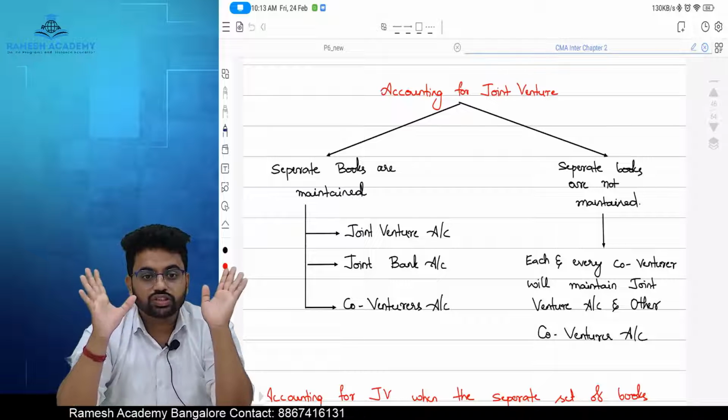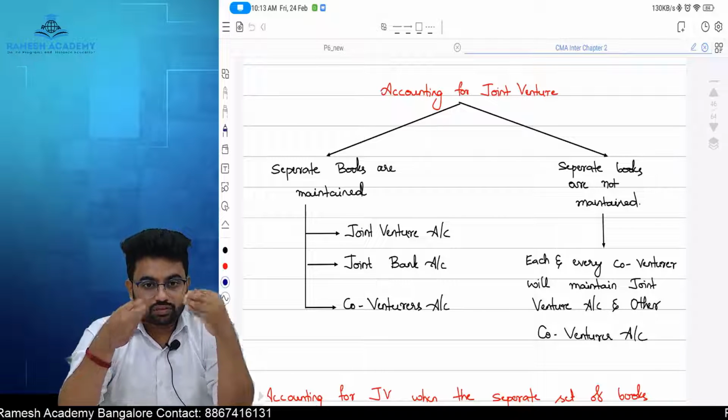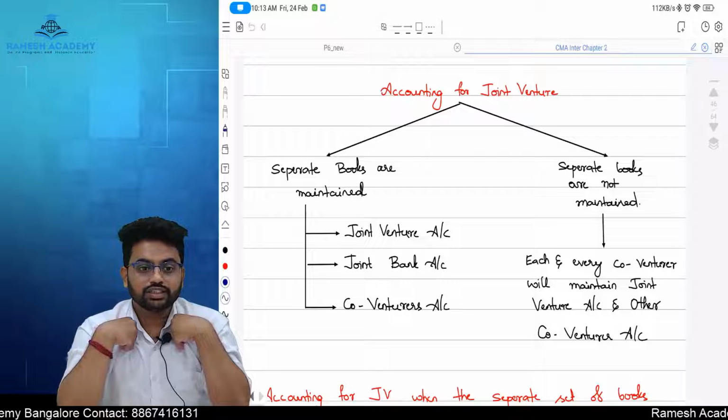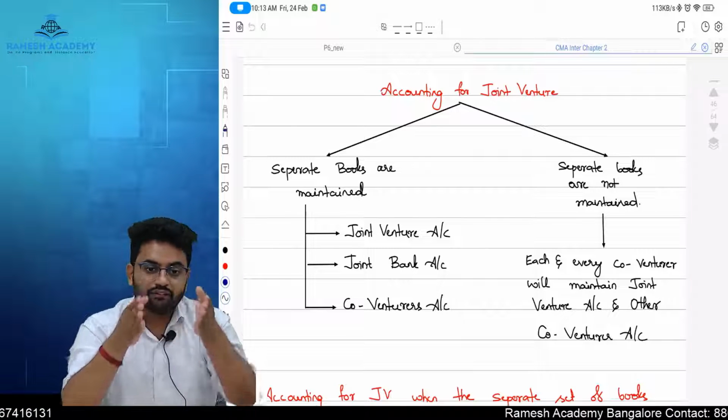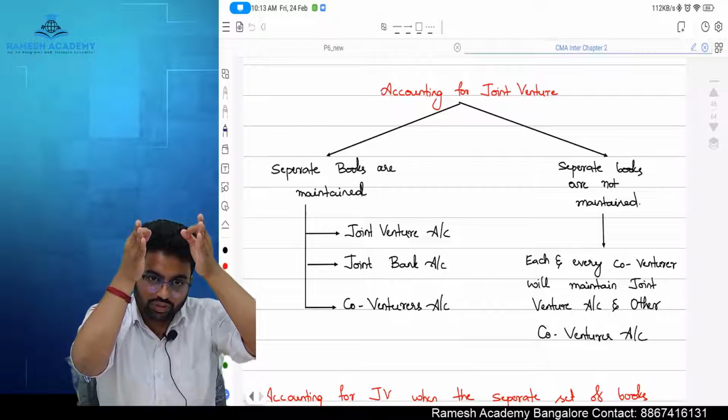Joint venture ignores the going concern concept. With what is our agreement? Agreement is that once we complete this task, we are going out. We are going out of the business, which means we know our business is going to come to an end